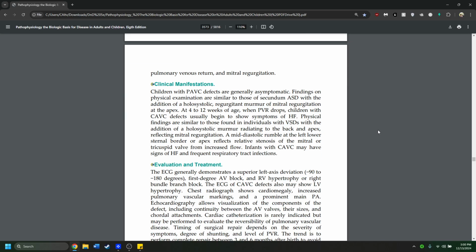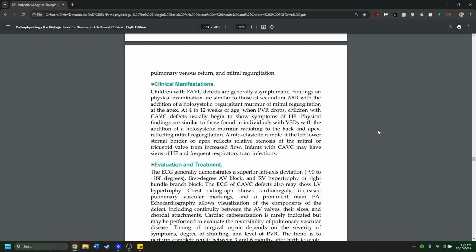So what are our clinical manifestations? Well, children with PAVC defects are generally asymptomatic. Findings on physical examination are similar to those of secundum ASD, with the addition of a holosystolic regurgitant murmur of mitral regurgitation at the apex. At 4 to 12 weeks of age, when PVR drops, children with CAVC defects usually begin